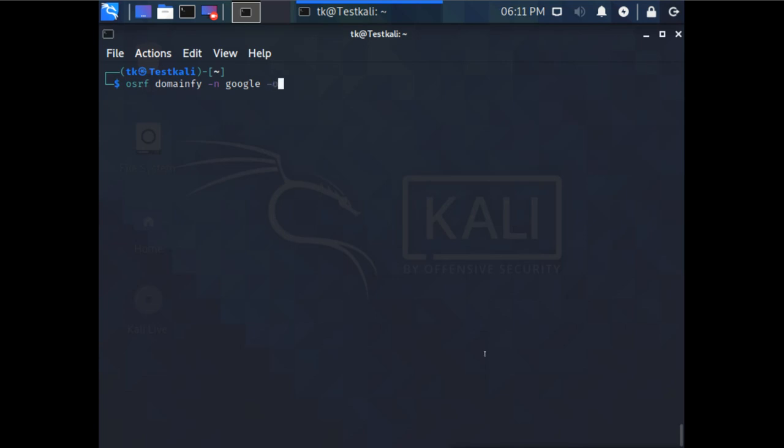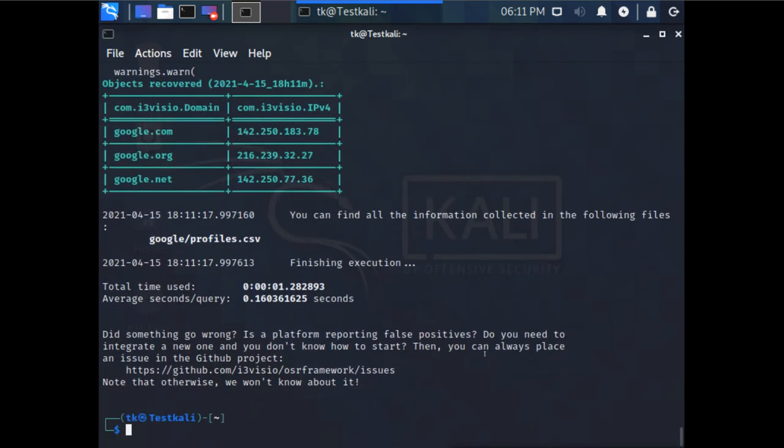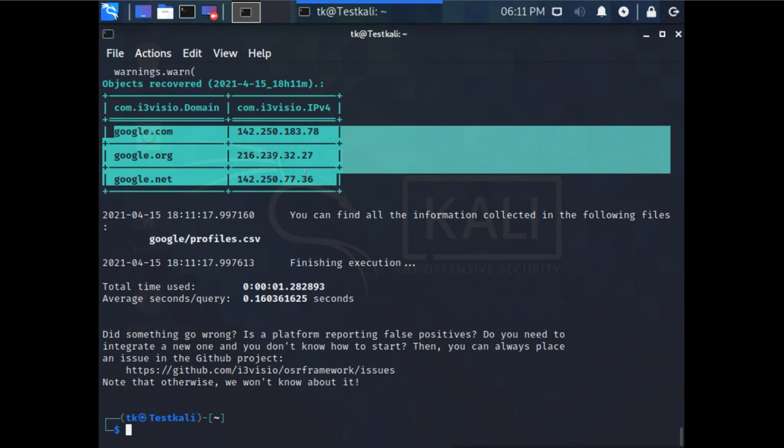Now by default it will show you on the terminal, but if you want, then you can save it on the file also. So I will mention the file name where I want to save the output. And it will show you this here, possible domain for the Google. So whatever the name you give, it will show you the possible domains there, and it will also show you those IPs if they are available.